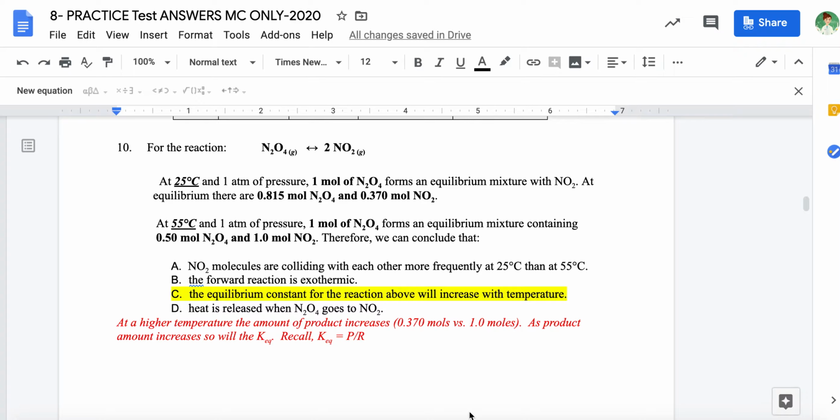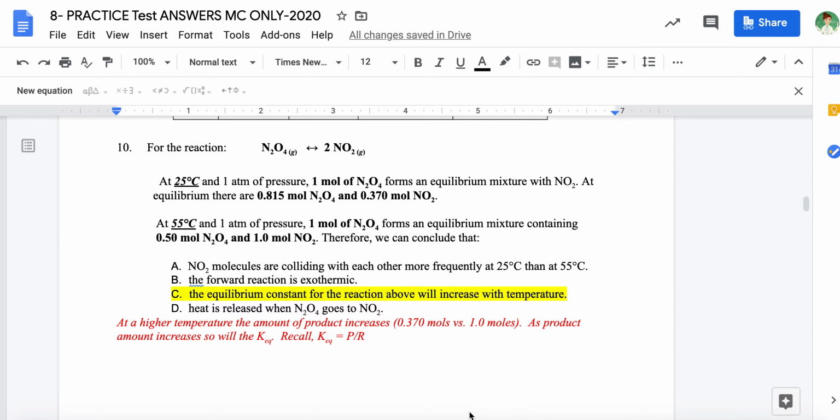All right, number 10. This question is showing you 2 different scenarios where you have one temperature at 25 degrees Celsius, you have a mole of your reactant, and then you have your equilibrium mixture, and it gives you the moles at equilibrium, and then you change the temperature. So the big understanding here is that changing the temperature is going to shift the equilibrium. So you really need to figure out